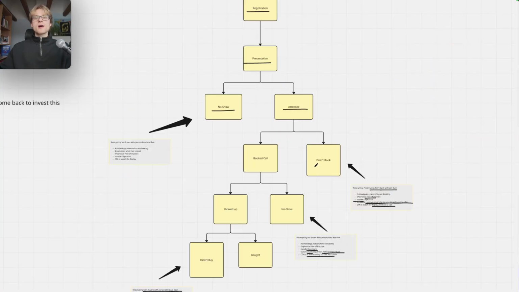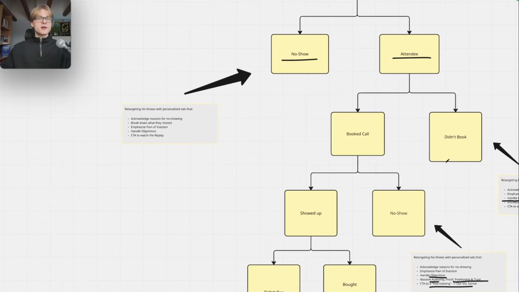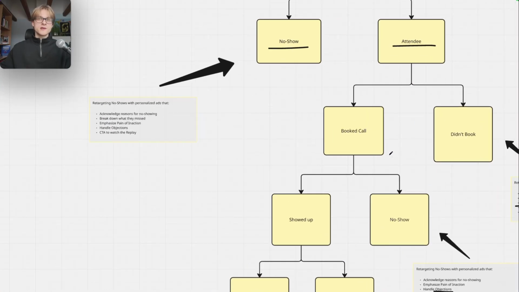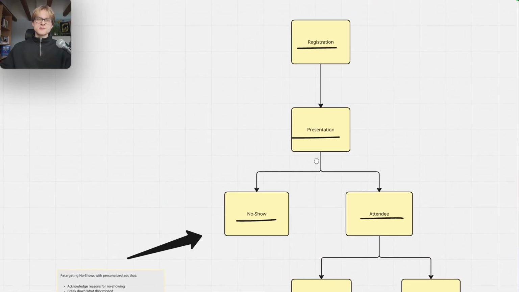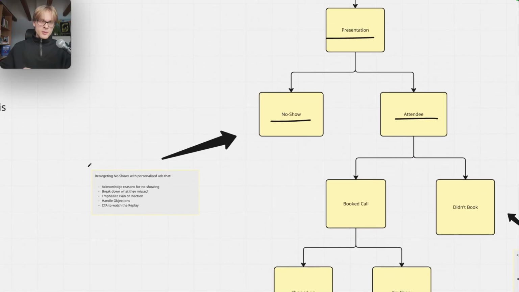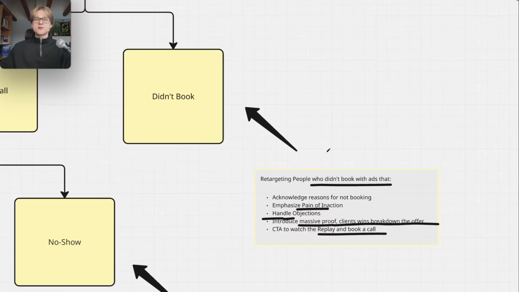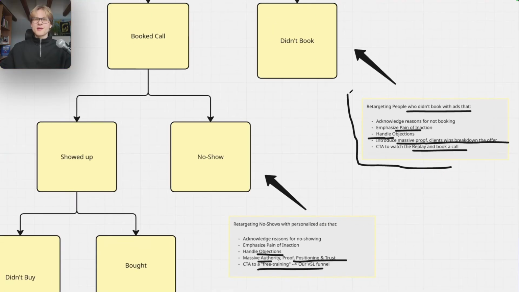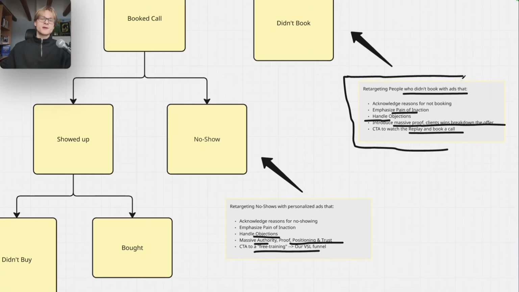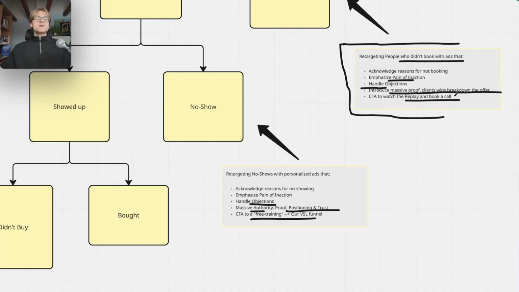Right? Now keep in mind for this, based on your audience size, you probably can't retarget all of these. When you think about running a webinar, let's say we have 1,000, 2,000 people in there. You want to retarget no-shows? Okay, this is definitely possible. We want to retarget people who didn't book? Still possible. Then we want to retarget people who didn't show to a call. Here's where it gets a bit difficult, because you need to have at least 100 no-shows in this custom audience to be able to effectively retarget them on Meta. If not, it doesn't work.